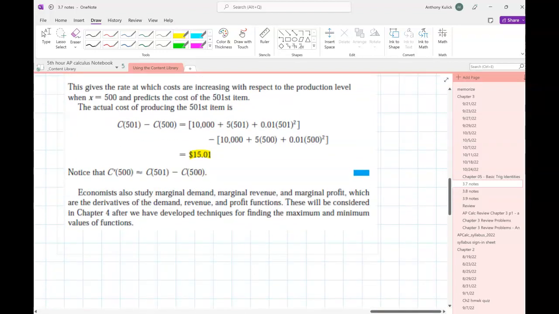Economists also study marginal demand, marginal revenue, and marginal profit, which are the derivatives of demand, revenue, and profit functions. These will be considered in Chapter 4 when we develop techniques for finding maxes and mins. What I would like for you guys to do